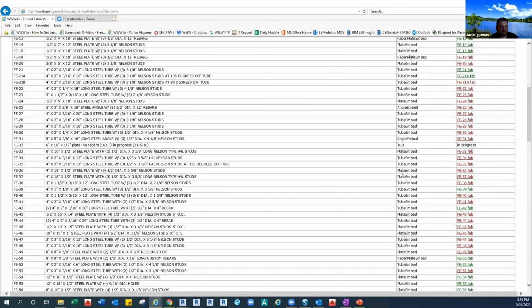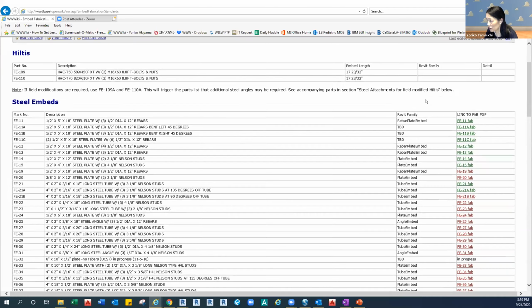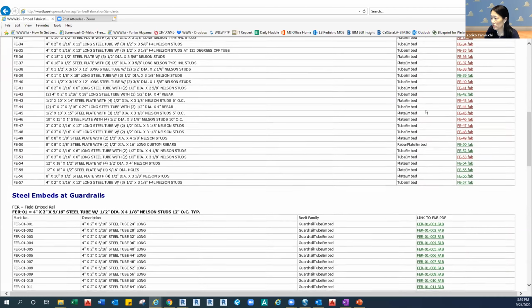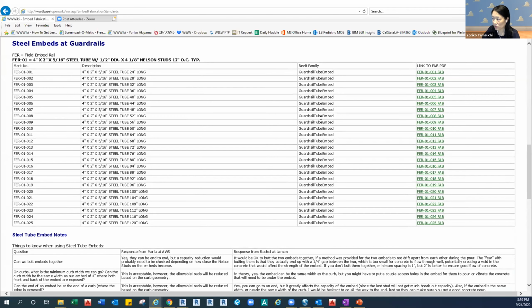So always make sure here which family you should load. And also the guardrail tube embed too. If you have multiple guardrail embeds, you only have to load the guardrail tube embed family, and it has 25 different types inside, so you can switch around inside the project. Make sense?